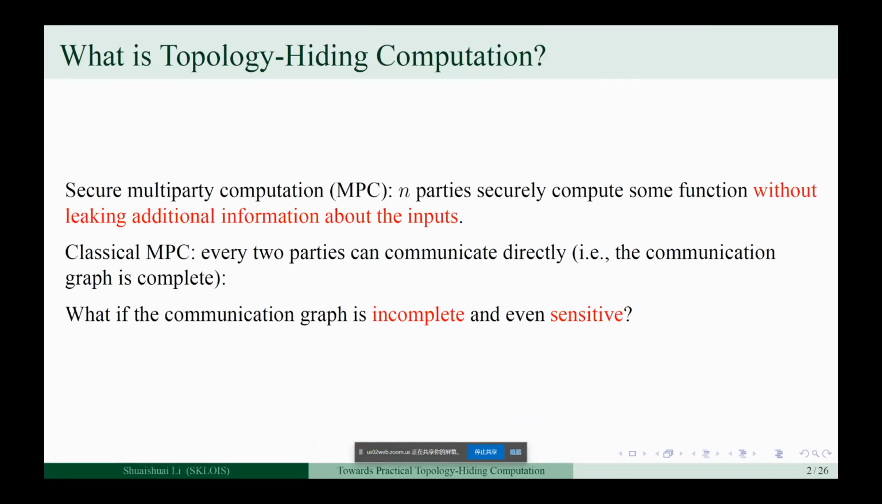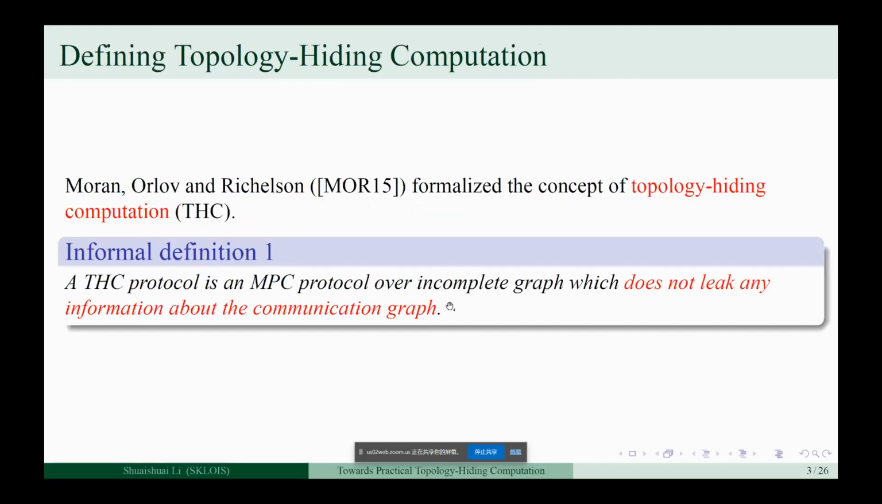Classical MPC assumes that any two parties can communicate directly. Namely, the communication graph is complete. So what if the communication graph is incomplete and even sensitive? Moran, Orlov, and Richelson formalized the concept of topology hiding computation. Informally speaking, a THC protocol is an MPC protocol over an incomplete graph, which doesn't leak any information about the communication